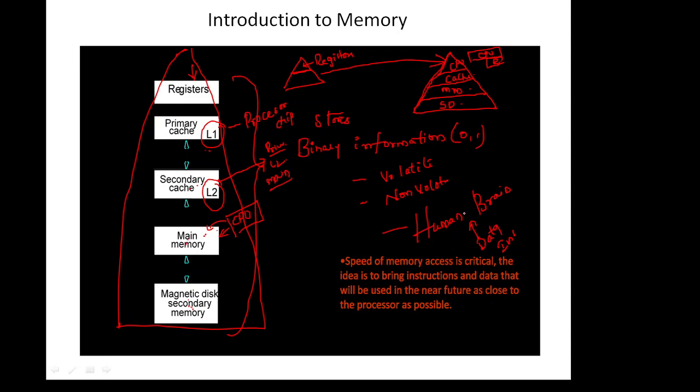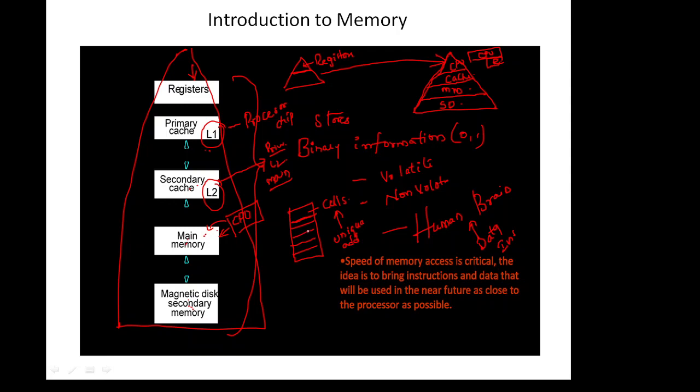Here this memory is divided into a large number of small parts, which we call cells. Suppose this is the memory. This memory is divided into small parts. Each part we call a cell. Each location or cell has a unique address. Unique address in the sense that each and every cell address differs from one another. So each cell has a unique address, which varies from 0 to memory size minus 1.